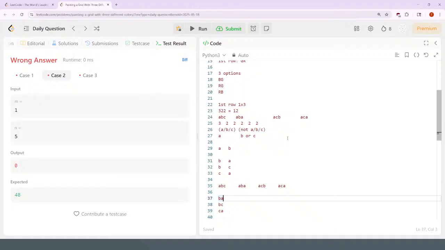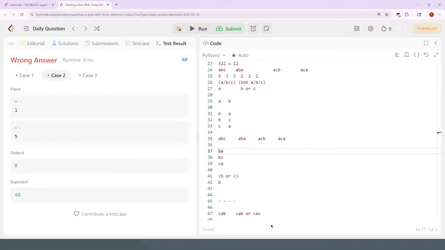So under AB, there's 3 different things. And under AB, there's going to be,